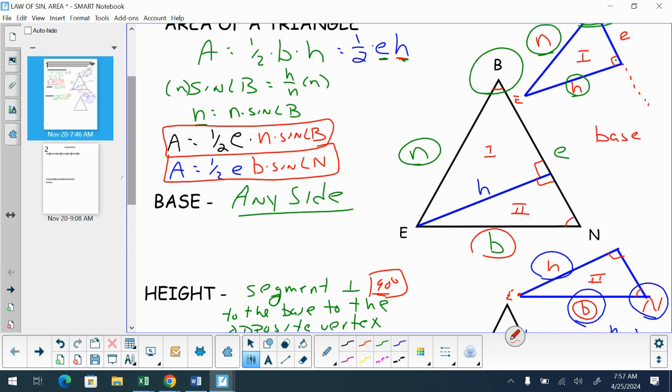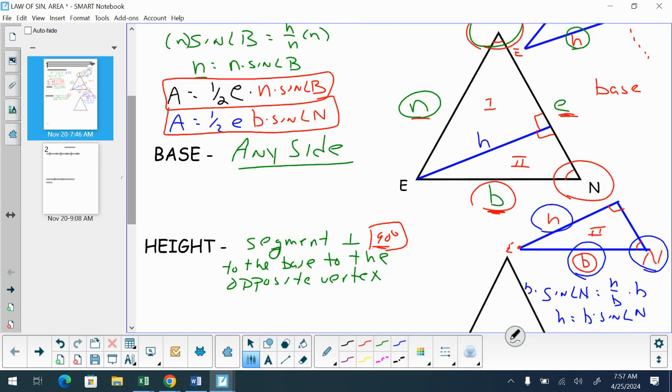The first area we calculated was 1/2 E times N times the sine of angle B. The second one is E times B times the sine of angle N. So we want N and E sine of angle B. We want B and E sine of angle N. Well, we use angle B, we use angle N. If we follow our pattern,